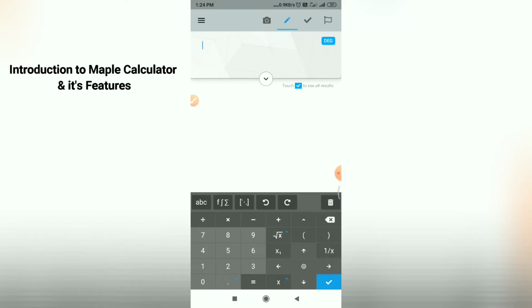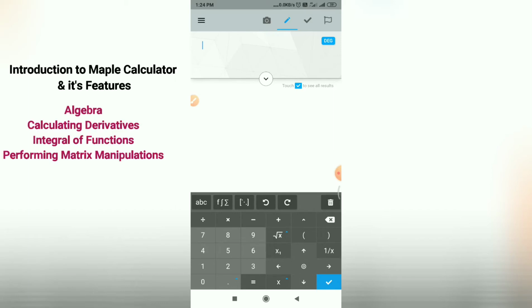Whether you are doing simple calculations or working on some university level math problem, Maple calculator can do it all for you within a fraction of a second. You can use it for algebra problems, calculating derivatives, integrals of functions, performing matrix manipulations, and many more math problems.